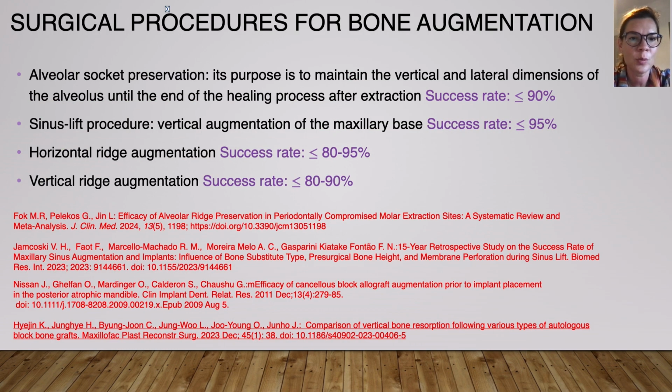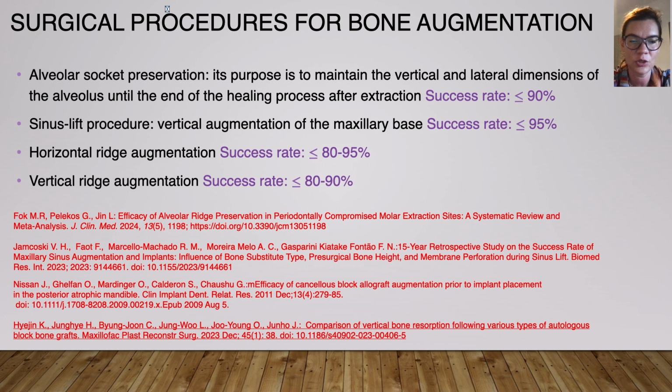What kind of surgical procedures could we make for bone augmentation? We could make alveolar socket preservation, where the purpose of this surgical method is to maintain the vertical and lateral dimension of the alveolar ridge until the end of the healing process after the tooth extraction. It is the easiest way, I think, to make bone augmentation. The next is the sinus lifting, which is the vertical augmentation of the maxillary base, and we could make horizontal